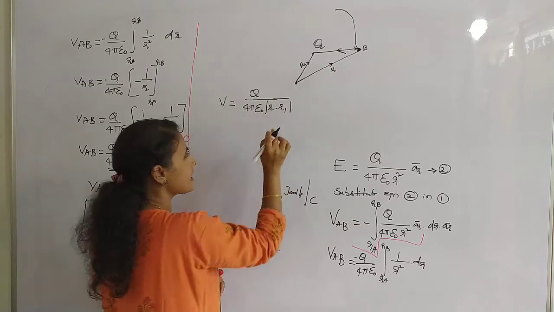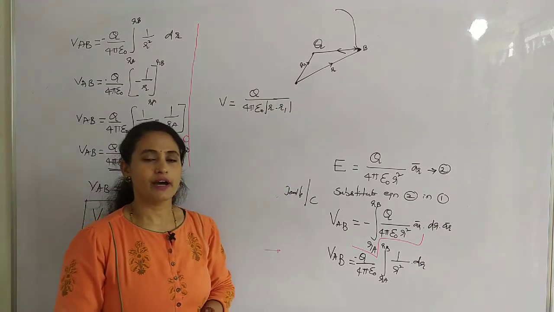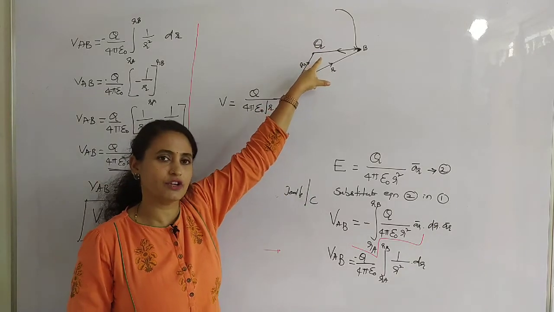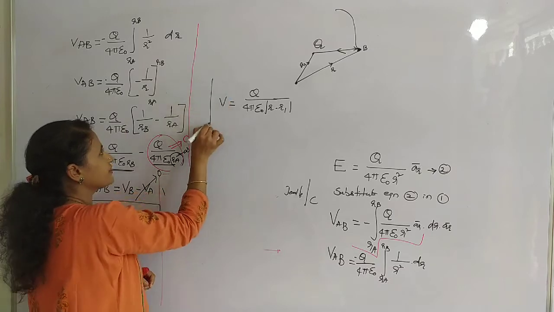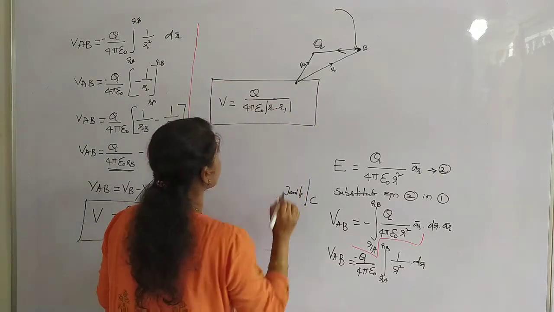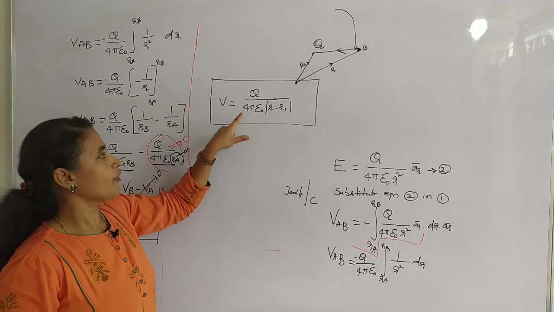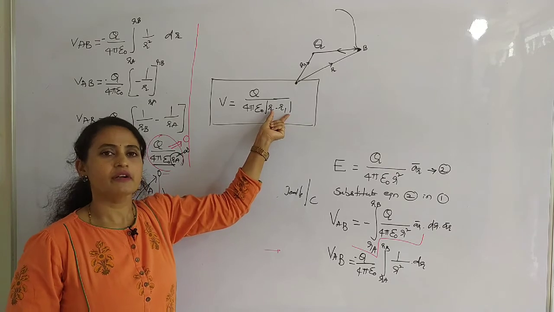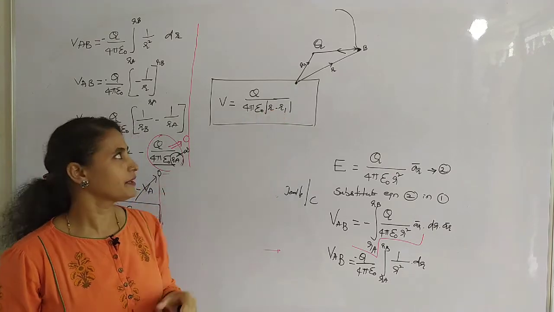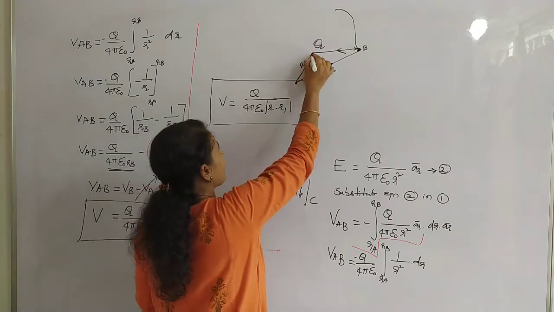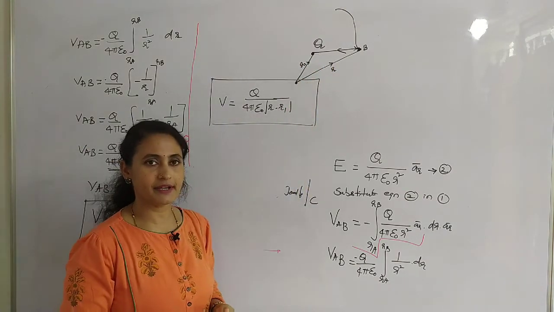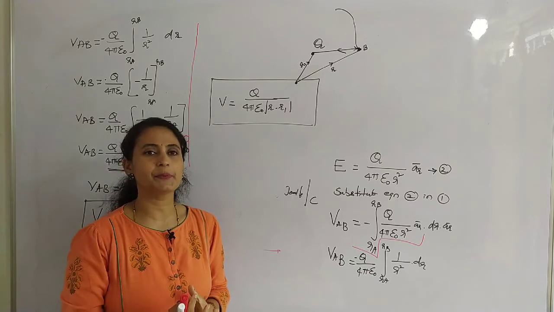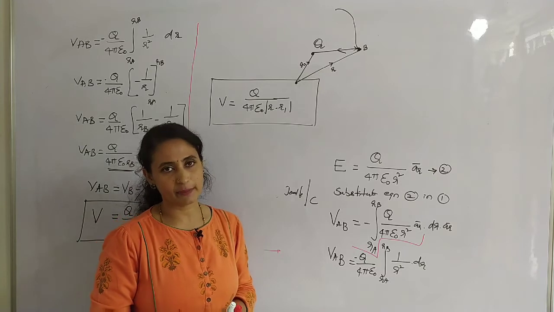What is R1? R1 is a vector distance where the charge due to which the electric field has been produced has been shifted other than the origin. So the electric potential V is given by Q upon 4 pi epsilon naught times the magnitude of the difference of distances. Now, due to one point charge the electric field has been created, but there may be a charge distribution, a random number of charges or multiple charges, due to which the electric field may be created.